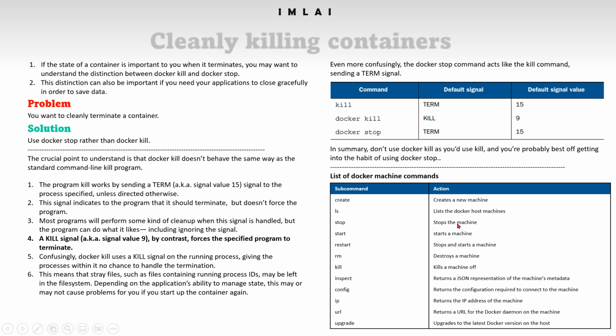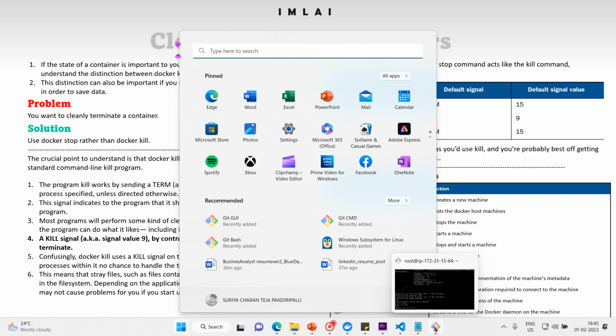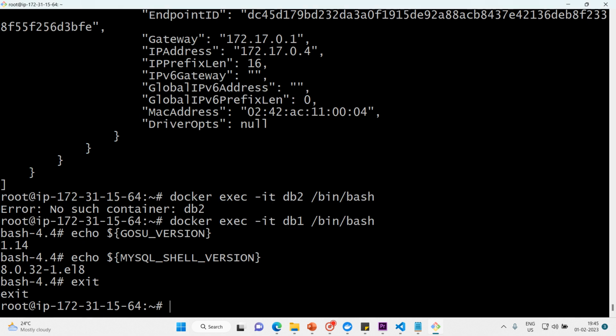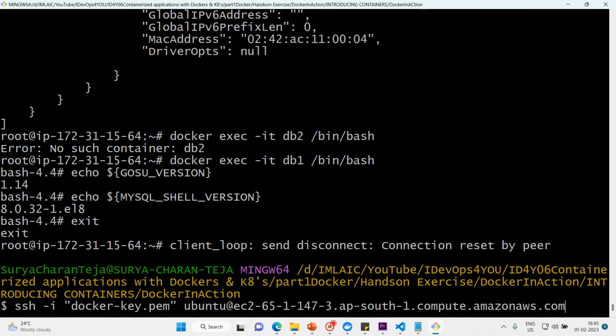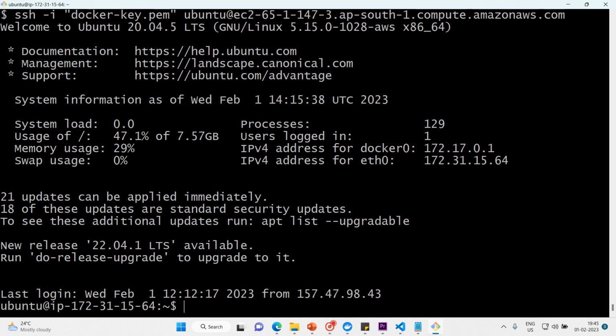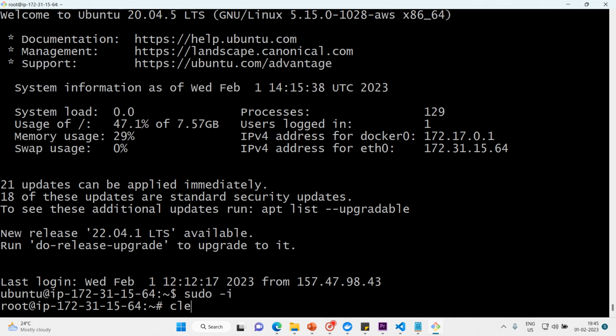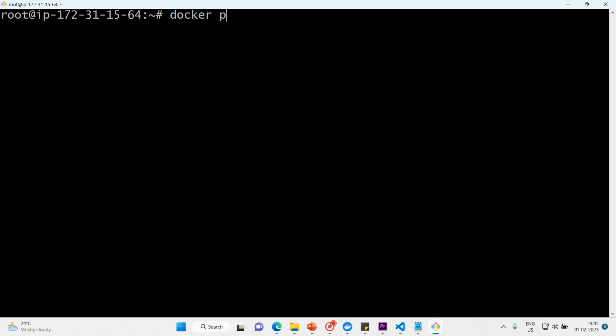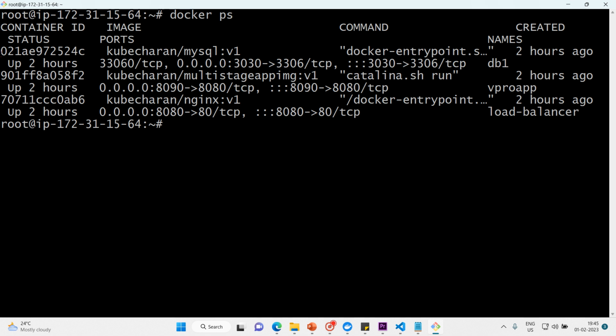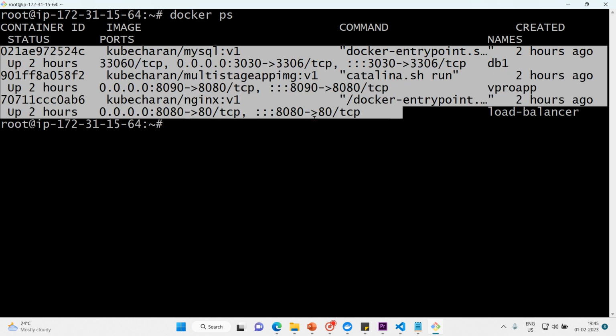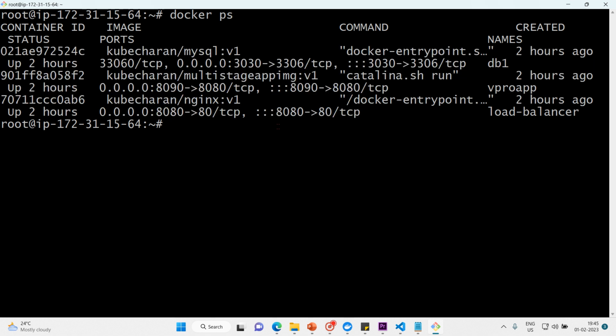So now let's get into the action. Here I clear the screen with sudo and run docker ps. Three containers are running. Now let's demonstrate. Docker create is to create a new machine, so we are not worried about that. If we do docker ls,